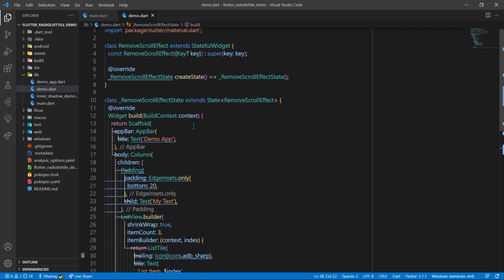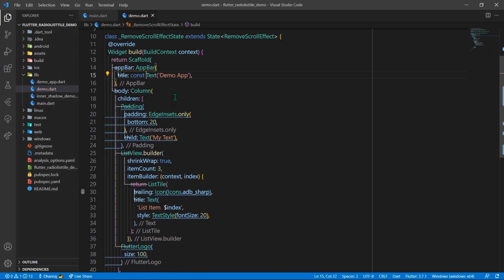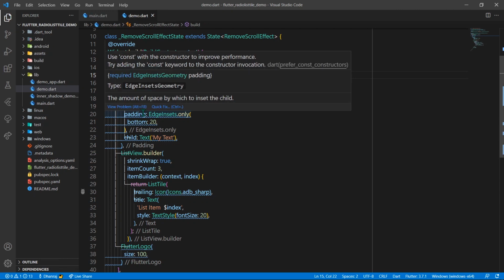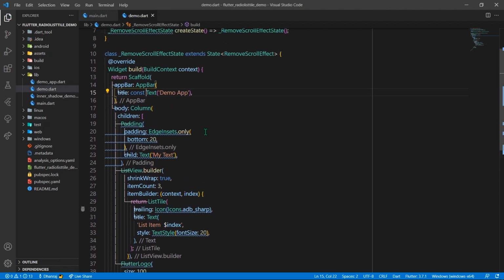Now as you can see, if you're writing code and you're writing this text widget, you need to add this const every time, right? So we can save the app. As you can see, we have saved the app, but we have to write const to have these blue lines disabled. Okay, so in today's video we are going to see how you can add this const automatically